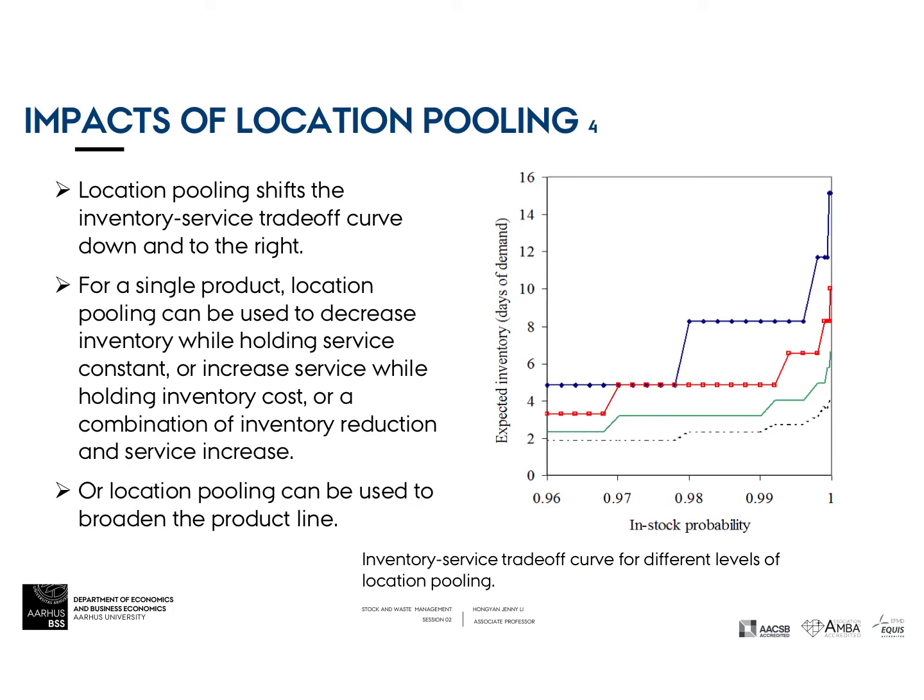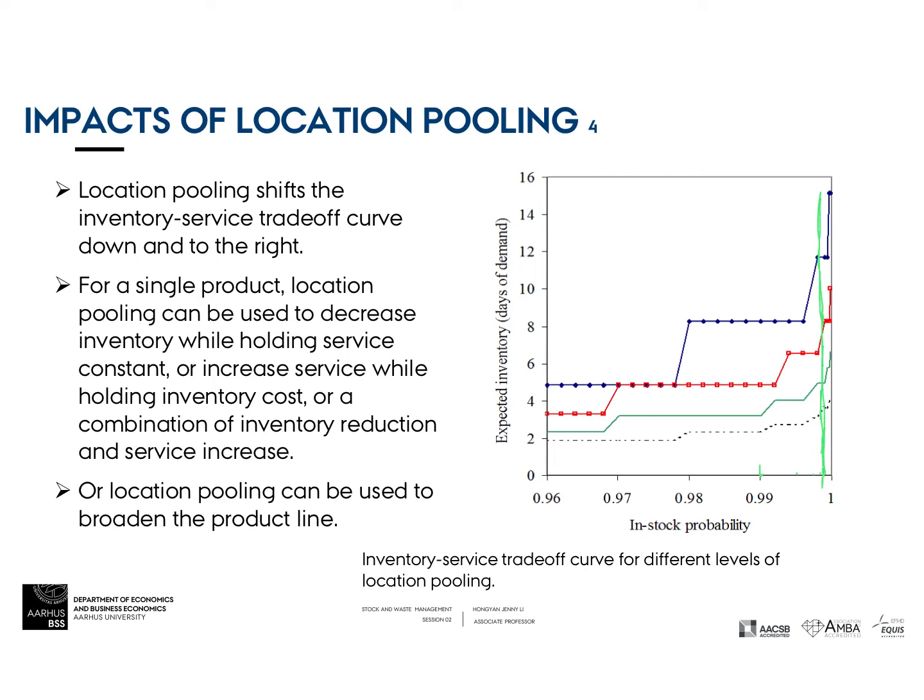So let's see the impacts of location pooling. Third, location pooling shifts the inventory-service trade-off curves down and to the right. So how is this explained? First, let's see how it shifts down. When you're given a service level, for example, we just choose one service level here, and if you remember, we consider 99.9%, so it's very close to 1. And now you can see